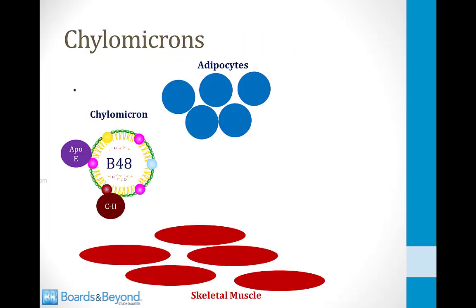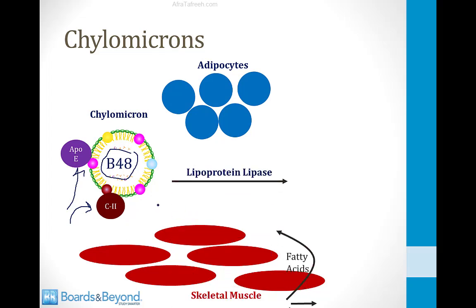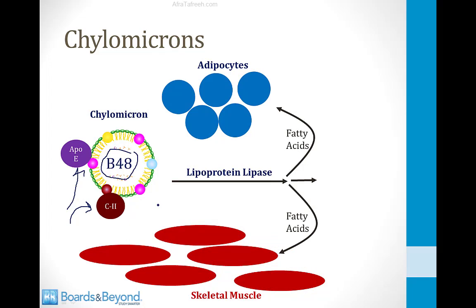So let's review what happens to chylomicrons as they move through the circulation. They're secreted from enterocytes with B48, and then they pick up ApoE and C2 from HDL. As they pass by skeletal muscle and adipocytes, they encounter lipoprotein lipase, and then they give up the free fatty acids contained in their triglyceride molecules. They then will become what's called a chylomicron remnant, and this will go to the liver, where the liver has